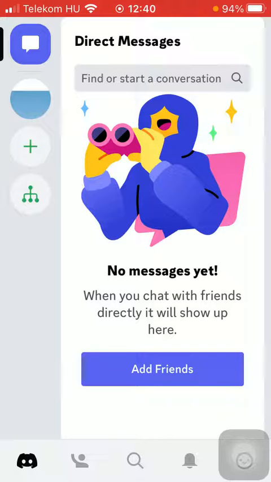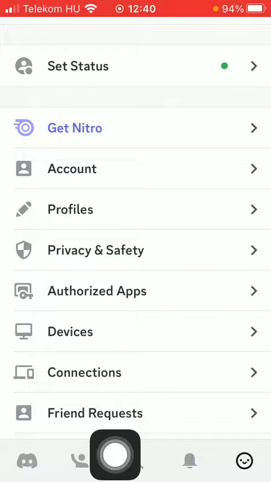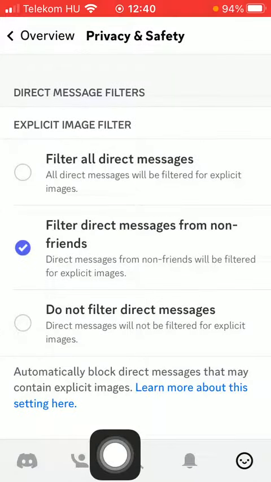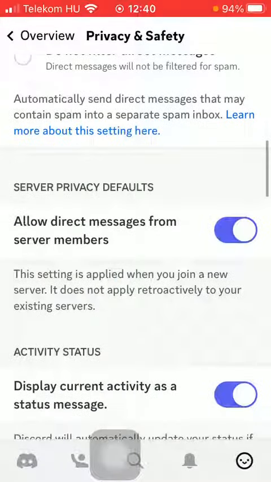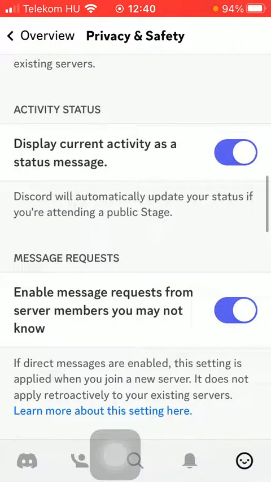Now let's jump into it. First of all, open the app on your phone and then you should click on this smiley or emoji icon down below on the right side corner. Then click on privacy and safety. After that you should scroll down to the message requests,